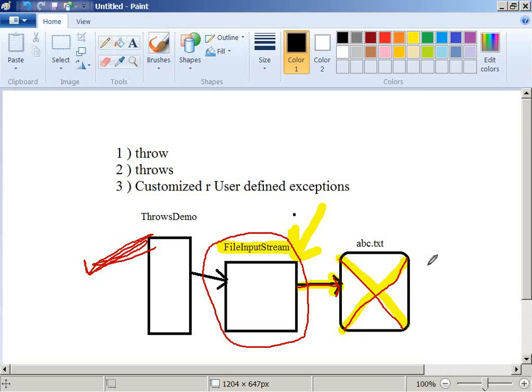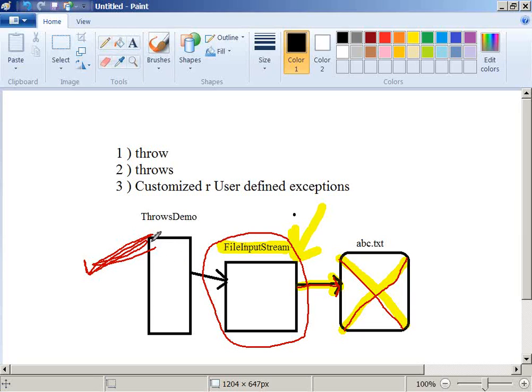So the problem in the PC is your problem. But the problem in the network is not your problem. It is an external problem, still you are getting affected. Yes or no? In both cases, you are only the loser, the victim, right? If your PC is not correct, you are the victim, and if the network is not correct, you are the victim. Ultimately, you are the victim here, right?